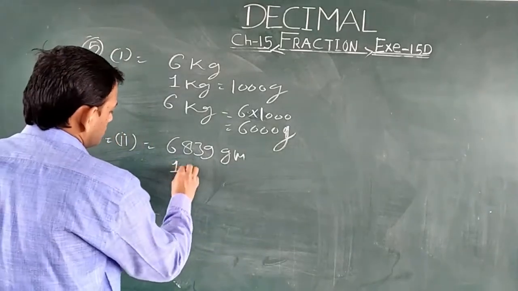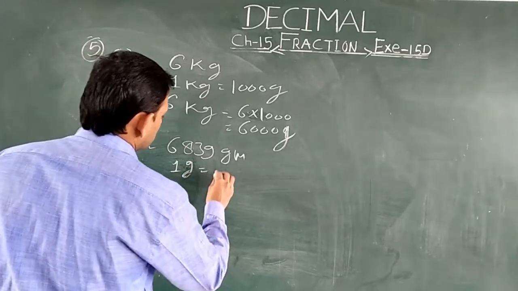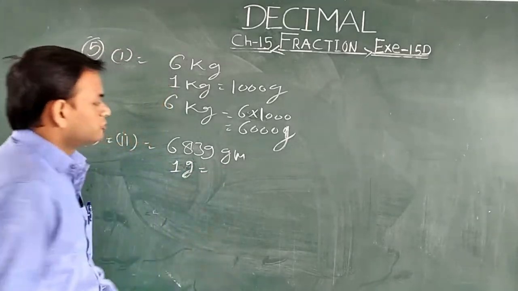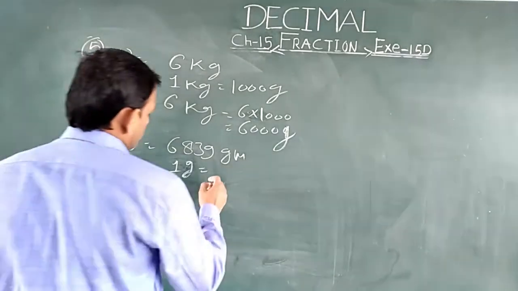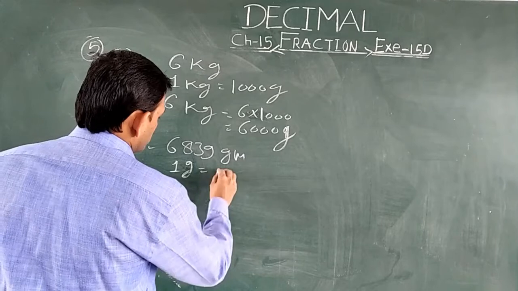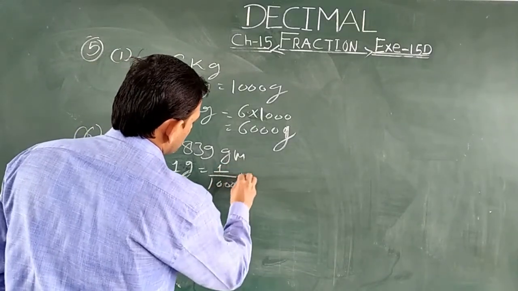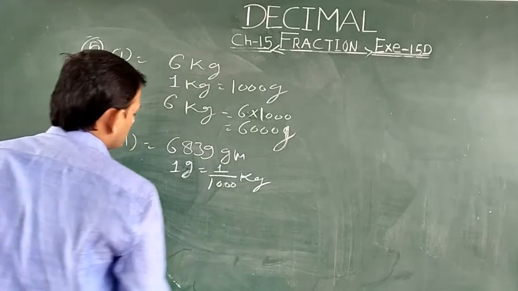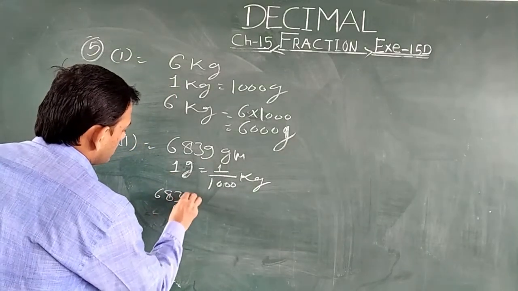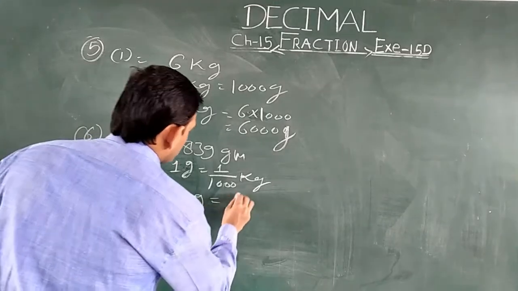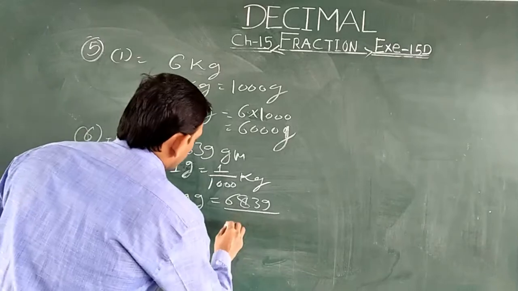As you know, 1 gram is equal to, for gram you can write gm and g, whatever you want. Okay, don't get confused about it. So 1 gram is equal to 1 upon 1000 kilogram. So 6839 gram will be 6839 by